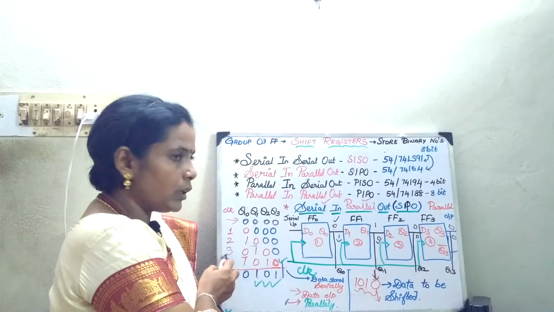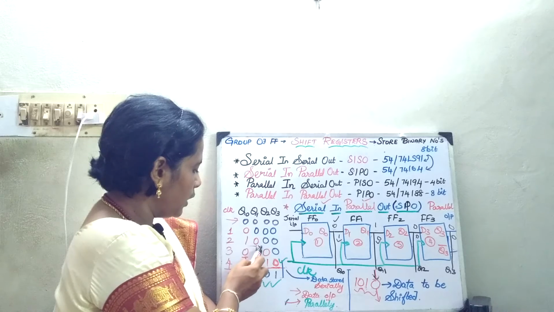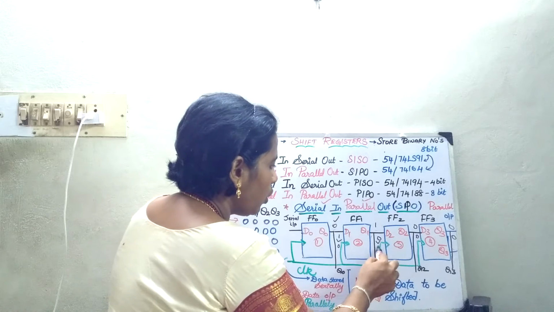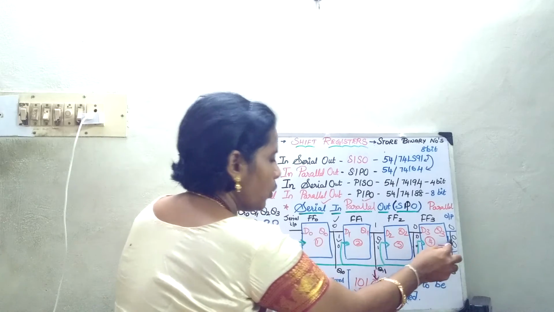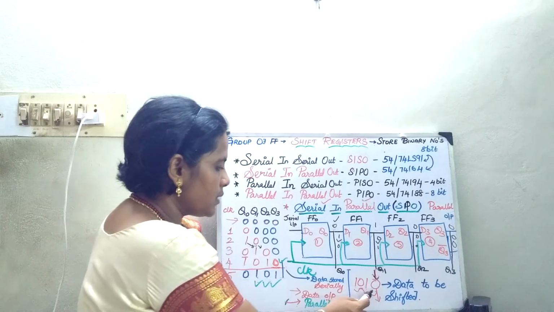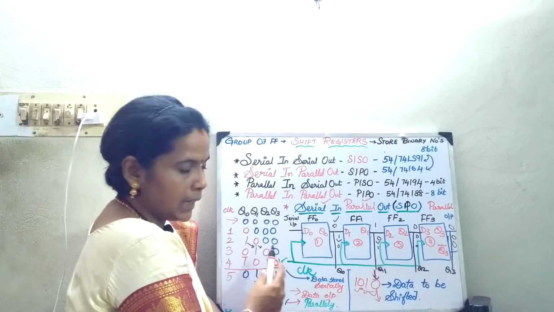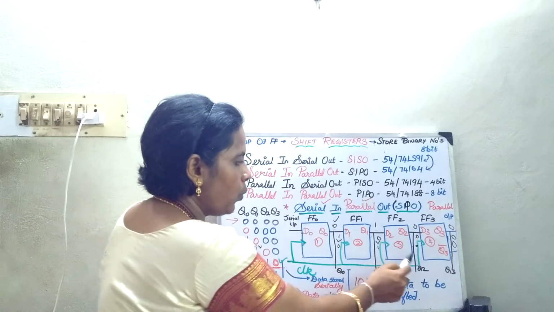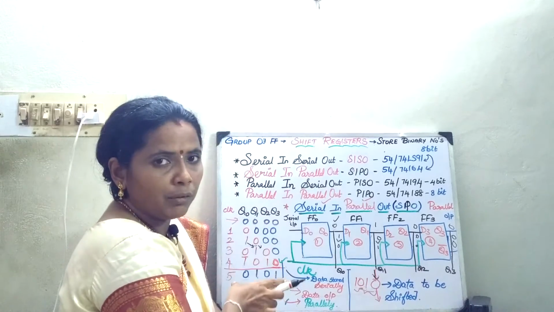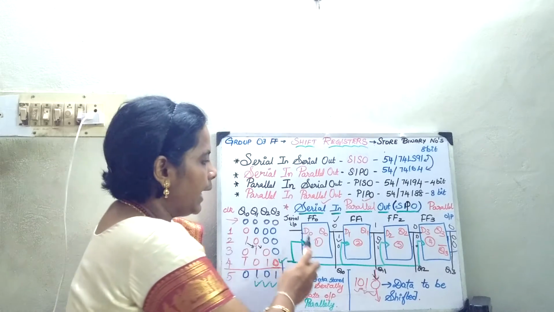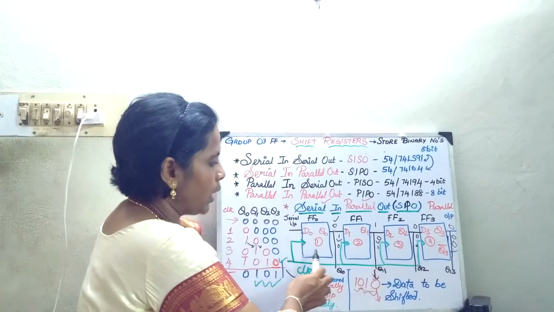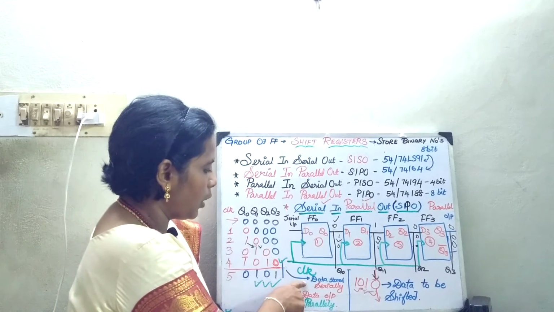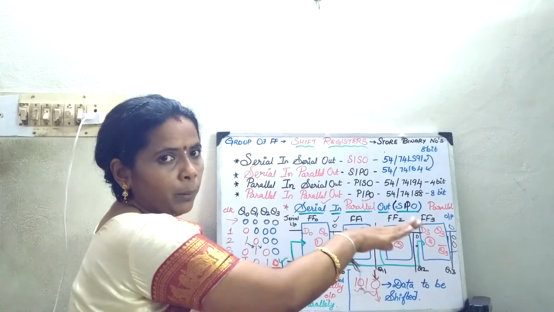Whenever I apply the third clock pulse, what happens? This is going to get shifted here and this data is going to be shifted here. So one data is going to move here. So 0, 1, 0, 0. So the third data has been entered, that is, these 3 bits have been entered serially. Now when I give the fourth clock pulse, all the 4 bits will be entered, 1, 0, 1, 0. Thus after the end of 4 clock pulses, the data is stored in the register, 1, 0, 1, 0. So after 4 clock pulses the data is stored serially, one by one.